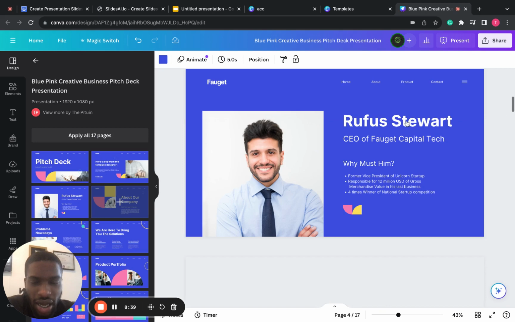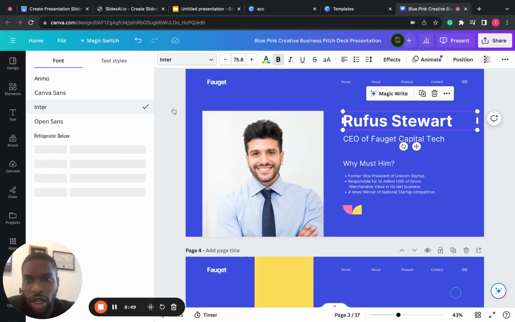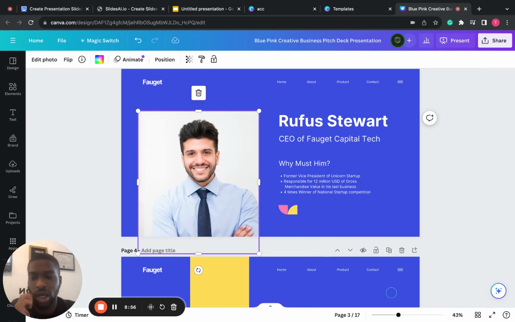If you want to press the text, switch the text to like a different font, you have those options here. And again, we just talked about how you can use AI to edit this photo. So again, Canva is really leading the game here when it comes to graphics, photos, presentations,